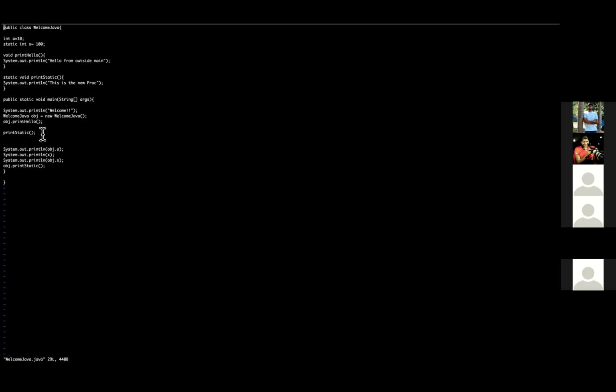So if you go with static, it is accessible and you don't need an object. So unnecessarily heap memory will not be created. If you use an object, your heap memory will be created. That is the reason, to avoid the heap memory and to keep it accessible anytime without any object references, we prefer to go with the methods as static. So though you keep your object reference and invoke your static methods, there won't be any issue, but it's not a best practice to follow. That's it.